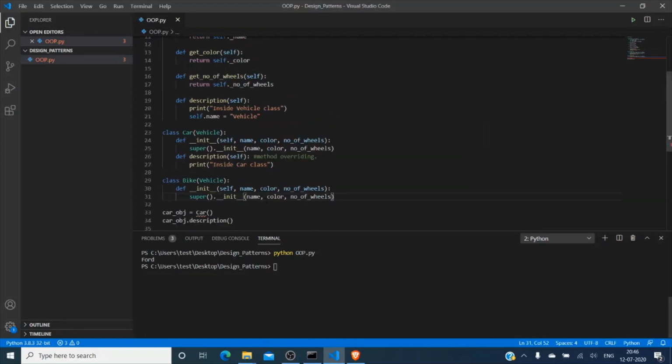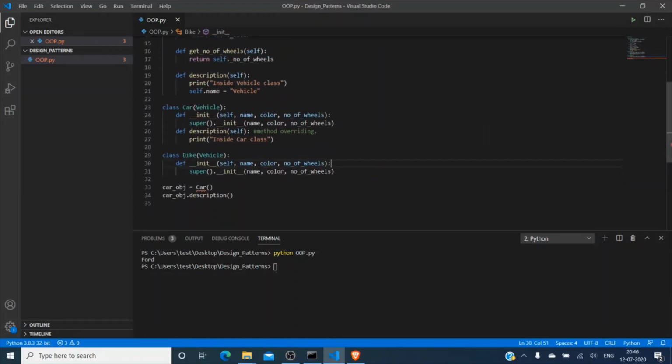Okay, so now I have to modify this car object, passing name, example Ford, color white, number of wheels is 4.